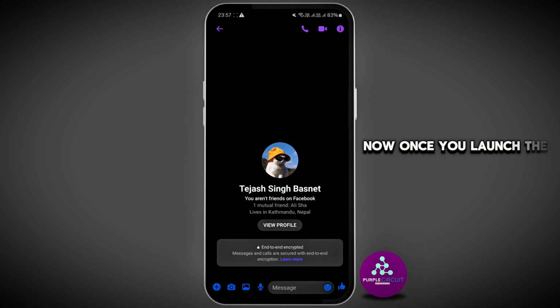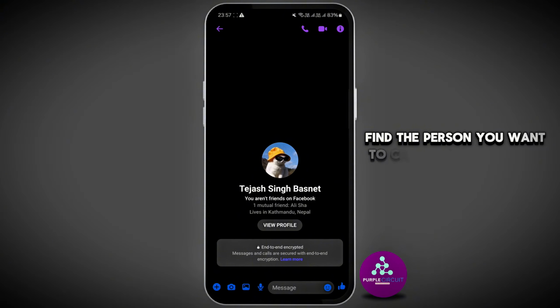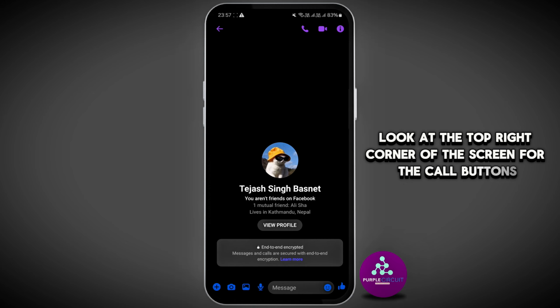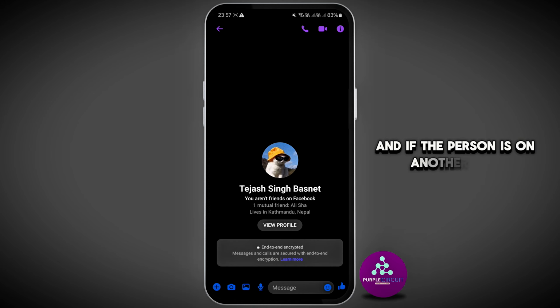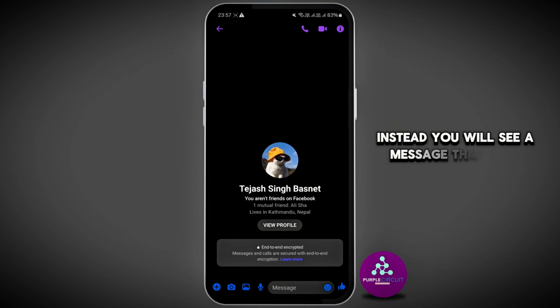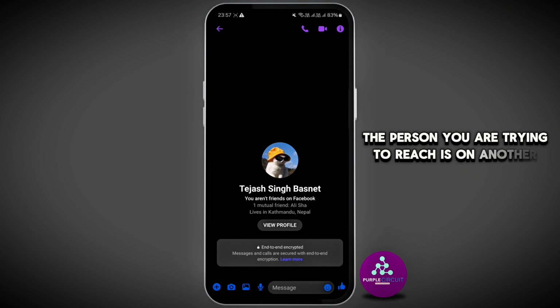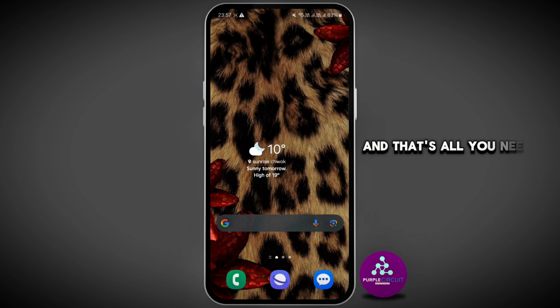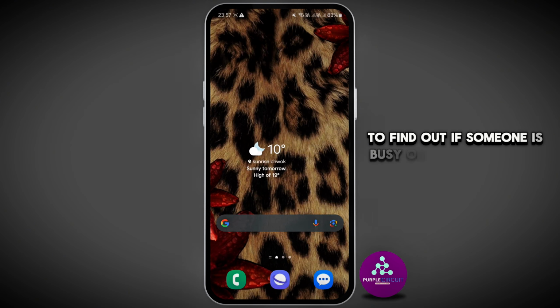Now once you launch the application, find the person you want to call and tap on their name to open the chat. Look at the top right corner of the screen for the call buttons, and if the person is on another call, you won't be able to initiate a new call when you tap on the video or the voice call option. Instead, you will see a message that says something like, the person you're trying to reach is on another call. And that's all you need to know to find out if someone is busy on another call